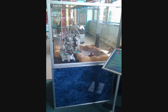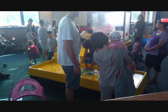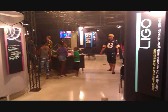And then we have a robotic arm, and then in the back they have a case full of stones and gems and stuff like that. And they have a cool water activity, and then finally the science